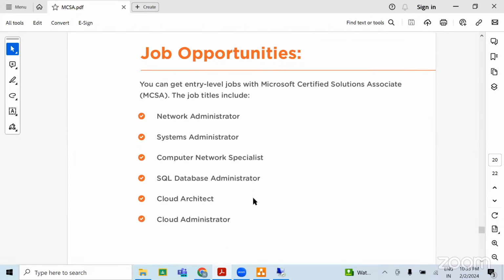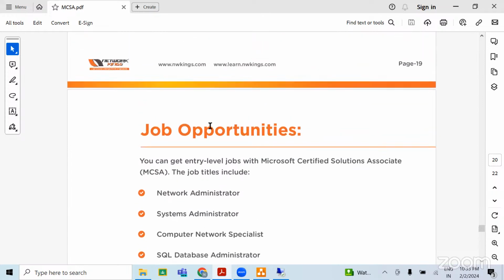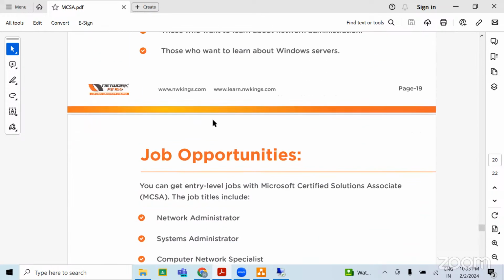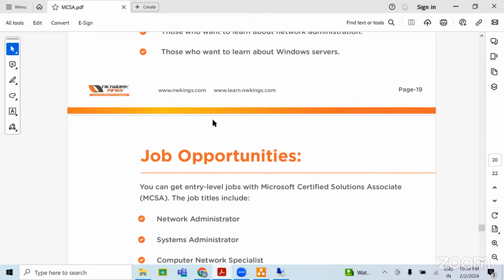So there are multiple opportunities you will get after doing this course, right? Let's say if you are already a network administrator, then in that case it is going to help you grab new opportunities. You can get a job as a system administrator. Or if you are already working as desktop support or as a system administrator, this whole module is going to add to your profile. It is going to give you a good hike in your current role, and along with it you can learn some more tools, like SCCM or Intune. So it is going to help you get a good package.